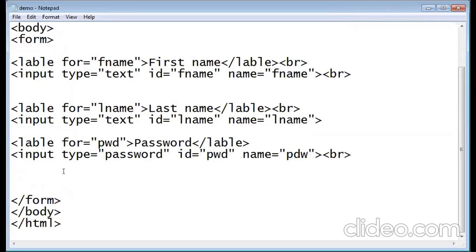Now if I have to add a radio button, then again I have to add two tags. First one is input, second one is label. So I will add input type equal to mail, sorry,